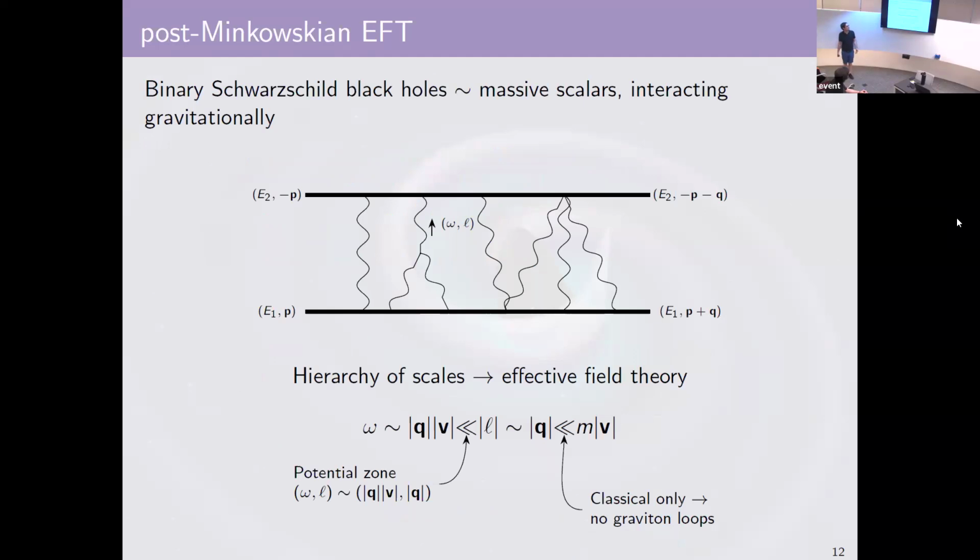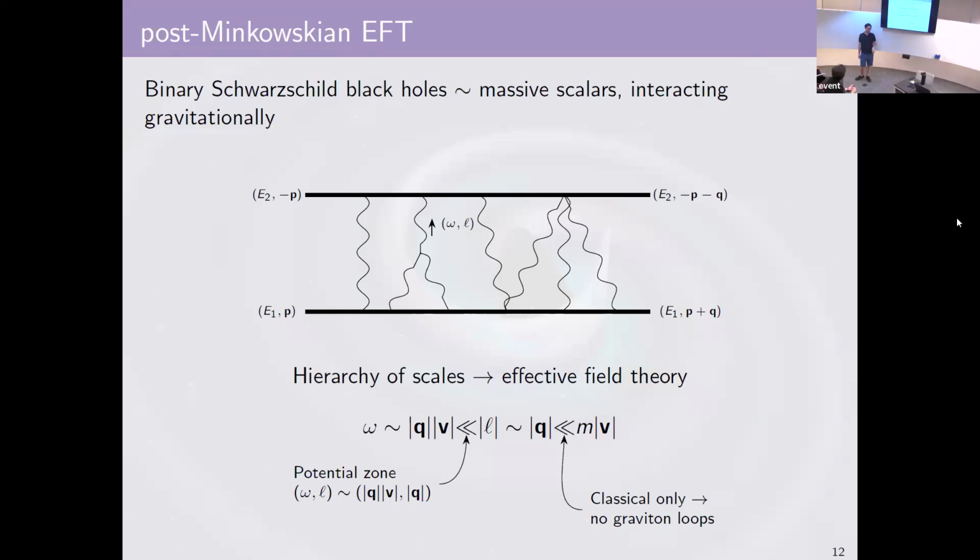And the basic setup for this is very nicely captured again in the particle physics language. The simplest case is that we have some spinless black holes that are interacting with each other, these binary Schwarzschild black holes, and we just model those as massive scalars. Again, what do we have? We have charge, spin, mass. The mass we don't really have to worry about. That's all baked into the particle physics language already. The spin we're setting to 0. This is a very complicated topic that I will not talk about, so we're just going to set spin to 0. And charge, no charge yet. All it's doing is interacting gravitationally.